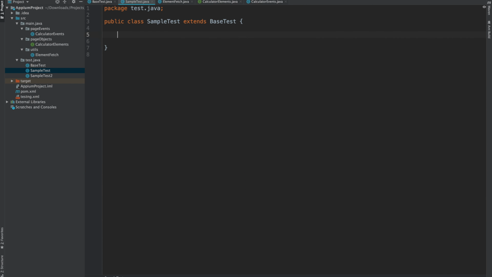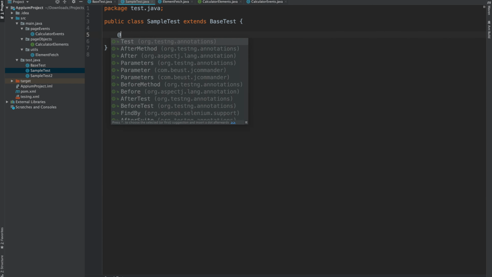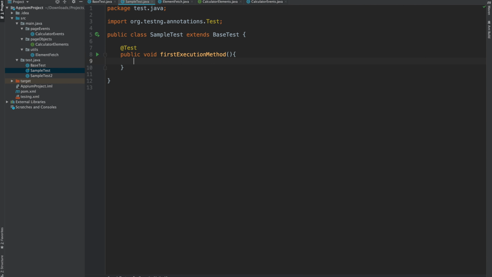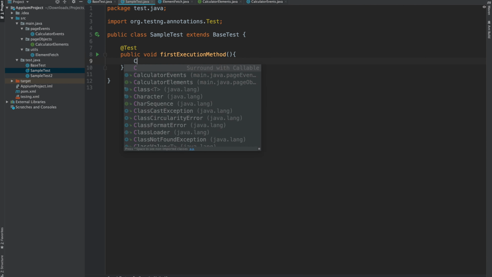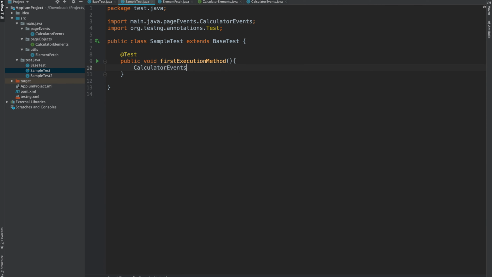Let's go there and let's write the @test and then public void first execution method. Here I will be calling that particular method from the calculator events. Here we need to send the driver as well, as we have used the parameterized constructor there.